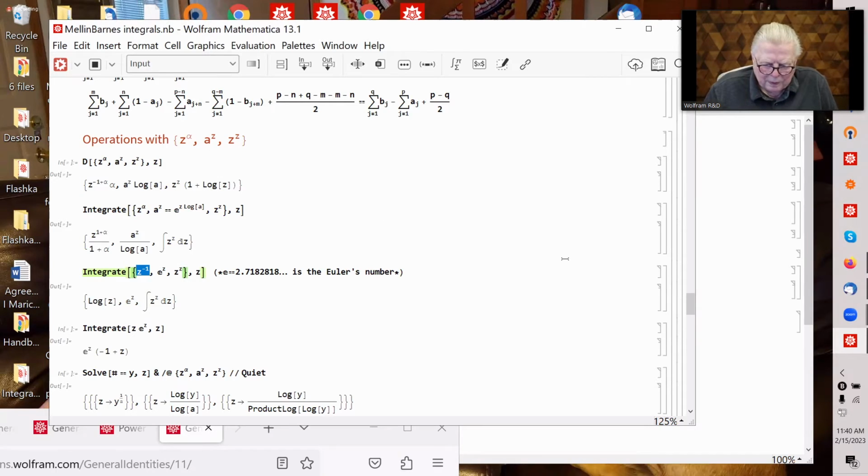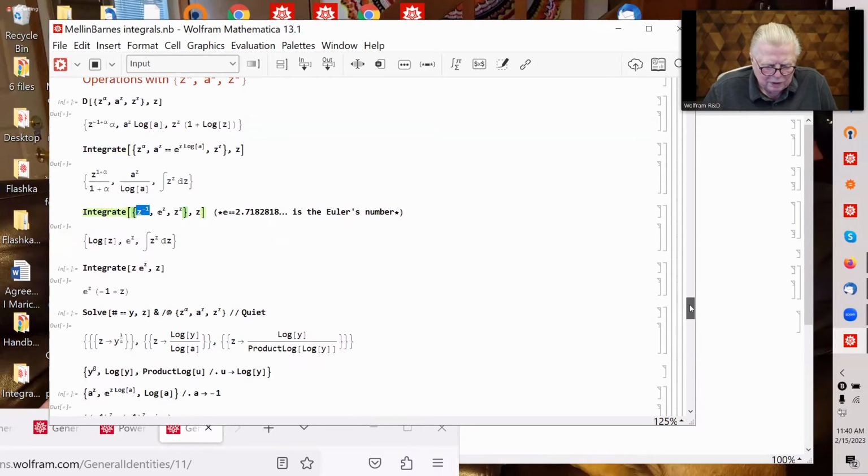And altogether, if we multiply them, hidden in Stirling formula for gamma functions, and if we have many gamma functions, like in Mellin-Barnes integrals, they react